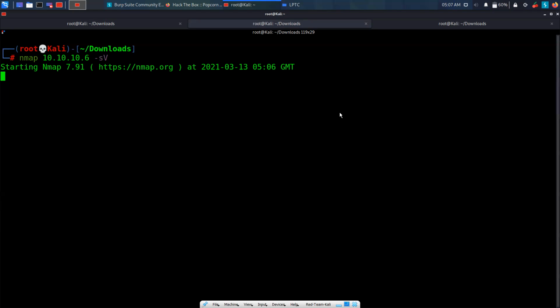Also, if Nmap gets a SYN and acknowledgement packet back, then it knows that there is a service running there. If it doesn't get a response, it assumes the port is closed. There is also a way to proceed with the full TCP three-way handshake, which is the connect scan, but obviously it will make more noise as we make a full connection with the server. That is not needed because our goal is only to know which ports are open on that machine. This scan is not only noisy, but also puts more load on the machine being scanned and the network. So let's proceed and see if the output is there.